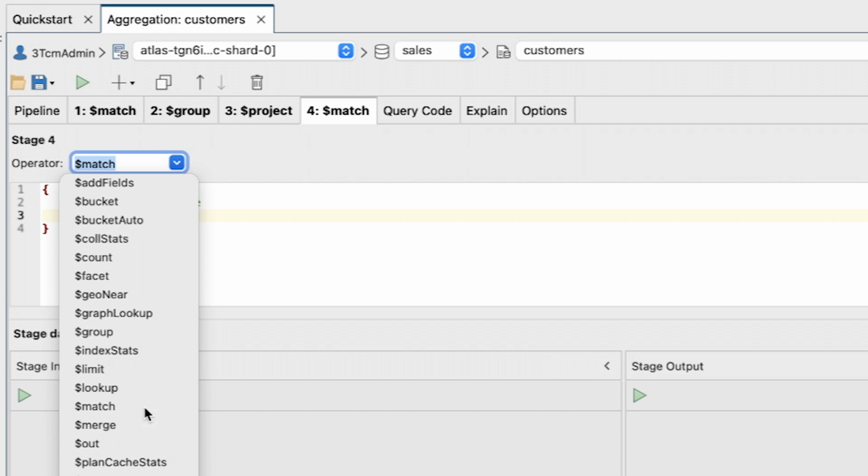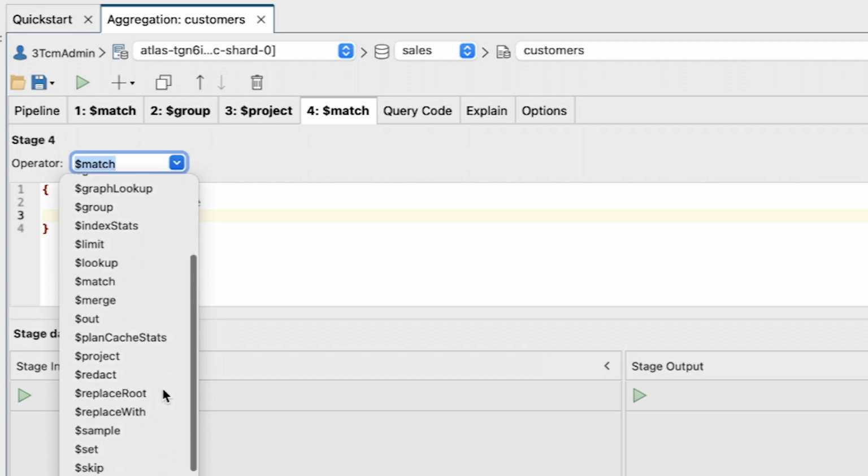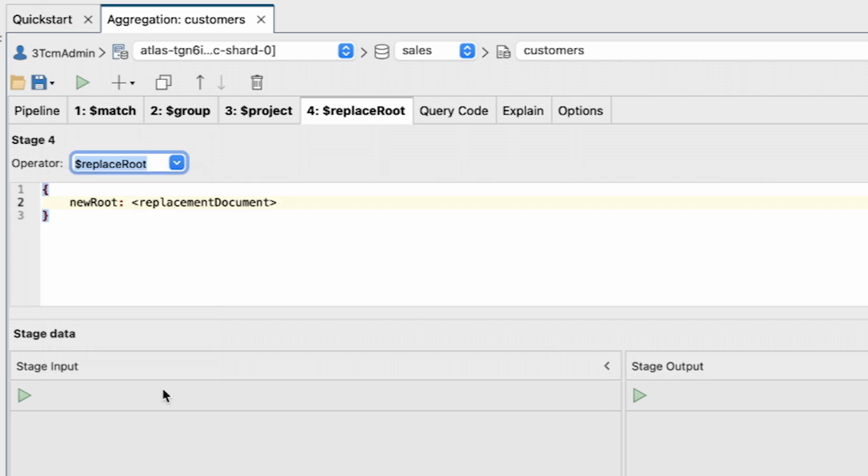We'll use this stage to change the order of fields in the pipeline using the replaceRoot operator, which you should select from the Filter drop-down menu. The Aggregation Editor will add an expression that starts with the new root operator, followed by a placeholder. We'll be adding our expression after the new root operator enclosed in curly braces. In the Editor window, delete the placeholder and type the following expression after the new root operator and its trailing